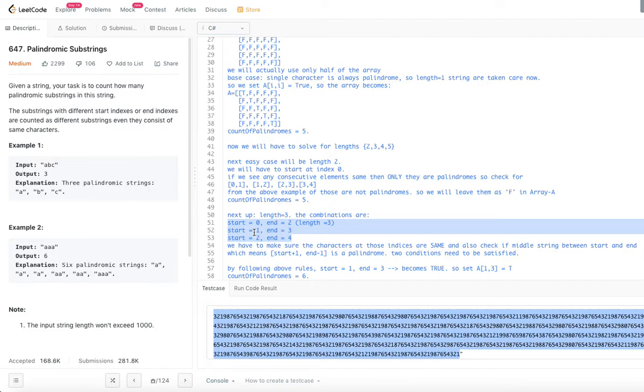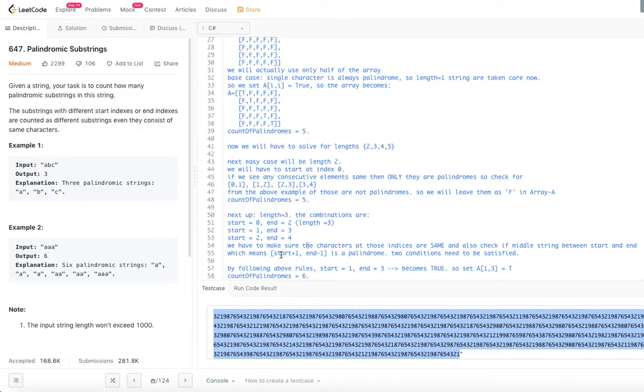What we have to do is make sure 2 conditions are satisfied. What is that? The first condition is, the character at the start location and the end location should be the same. And the second condition is, the substring in between start and end should also be a palindrome. What does in between mean?